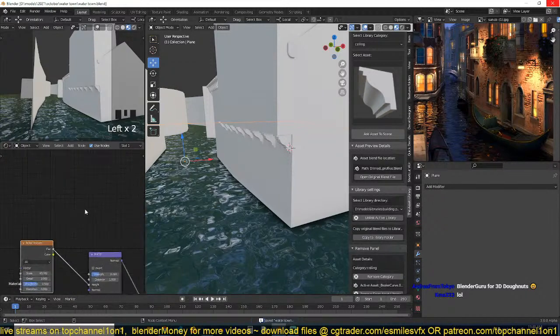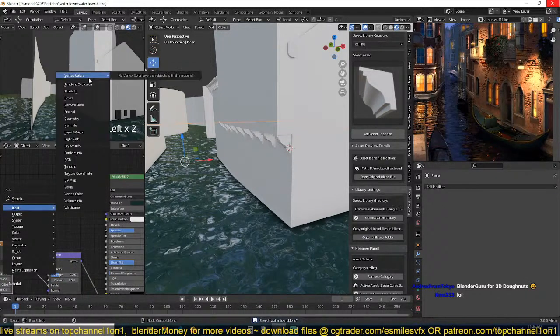Blender Guru for 3D Donuts. Yeah, he's very good. We can use an input ambient occlusion, and